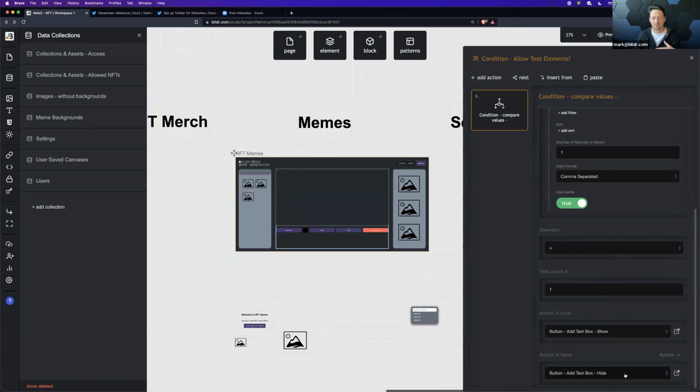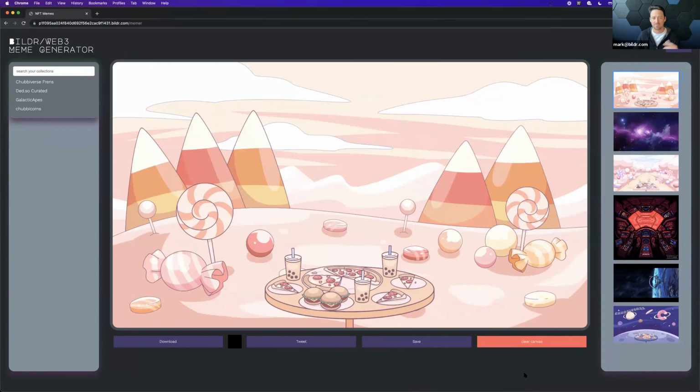And so now I'm just basically checking that setting, and each setting can work that way. So the goal of this project, what I'm doing with this, is it's not like a SaaS. This is basically a template that collections can use to add meme generators to their own projects. So they're going to get a project template of this, put it into their own Bildr account. They'll go set these settings in the data in that account, upload their own background images and all those things,